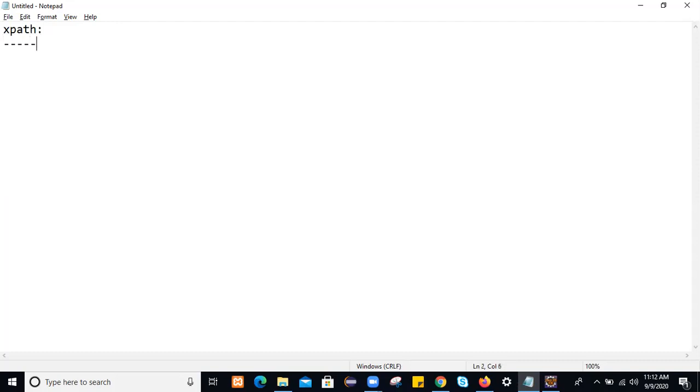Actually, guys, we have two types of XPath. The first one is relative XPath, and the relative XPath is also known as partial XPath.